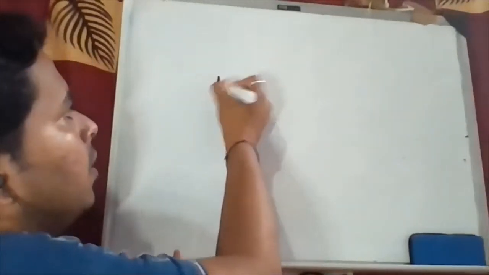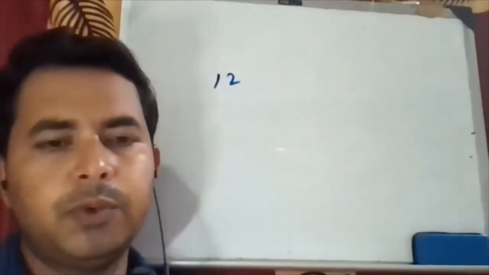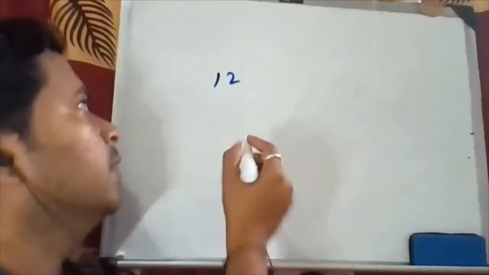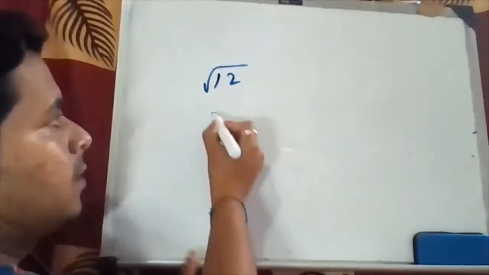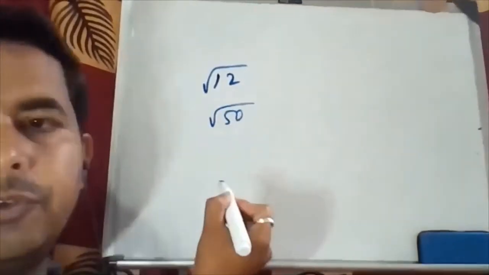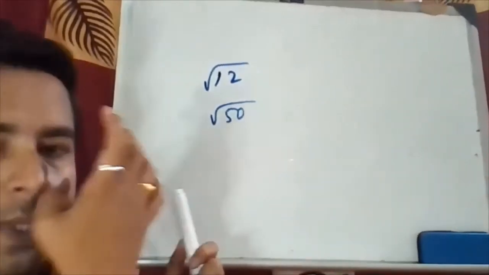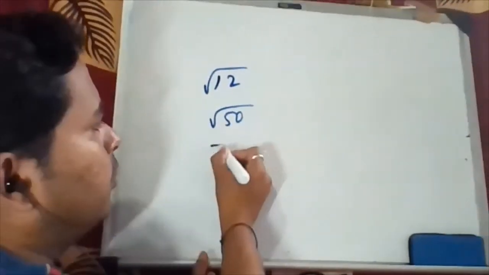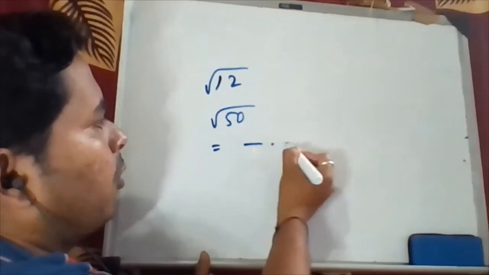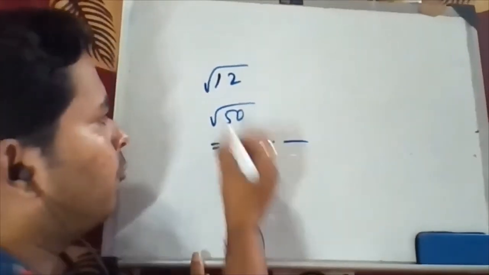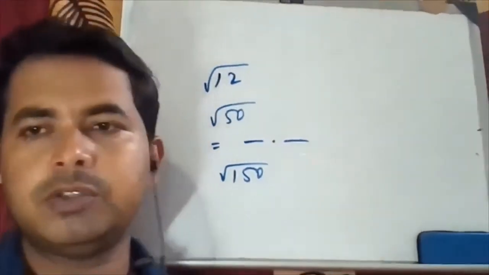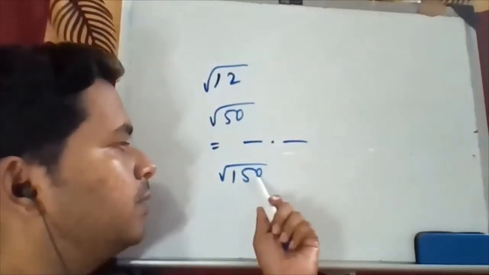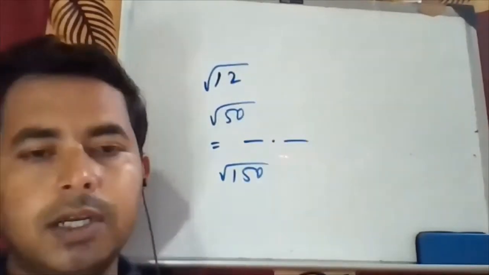Square root of non-perfect means, for example, this is a 12. 12 is a non-perfect value, because it does not go completely. Then we have to apply the formula. For example, square root of 50. 50 is not a perfect square. If you do this, the square root will come in some value with a point. And if you find 150, 150 is also not a perfect square. So this type of value will be called a non-perfect value.